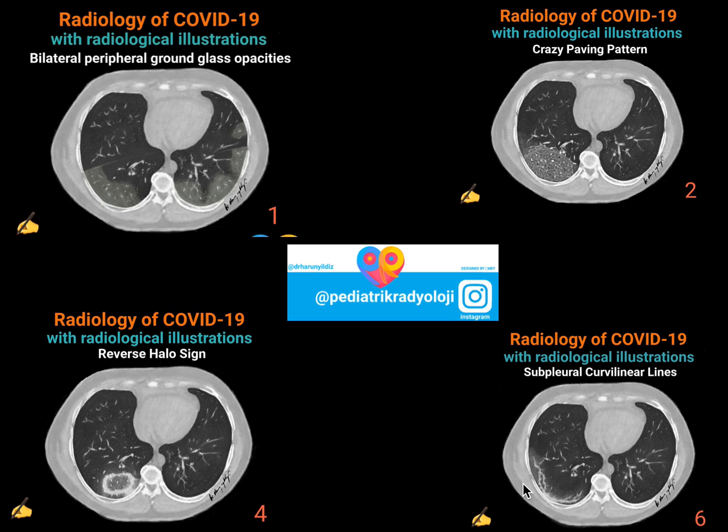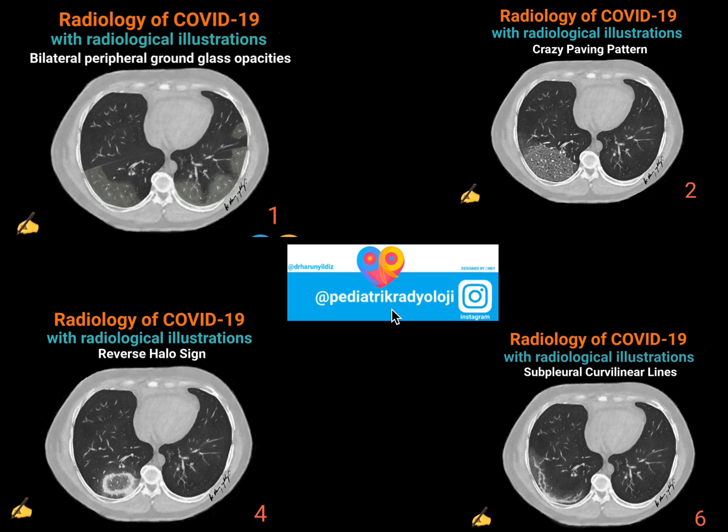Once we keep on reading a lot of things, we see many things on social media. I have encountered an excellent radiologist who makes illustrations. These are actually illustrations, not true CT images. I was really astonished by looking at these images. He made all these pixel by pixel. You can visit him on Instagram, by the name pediatric radiology. So just have a look.